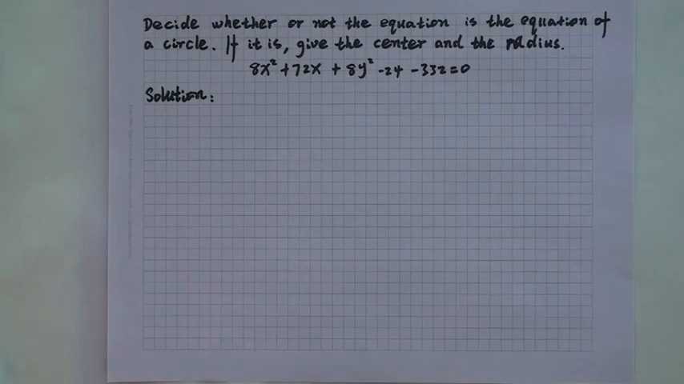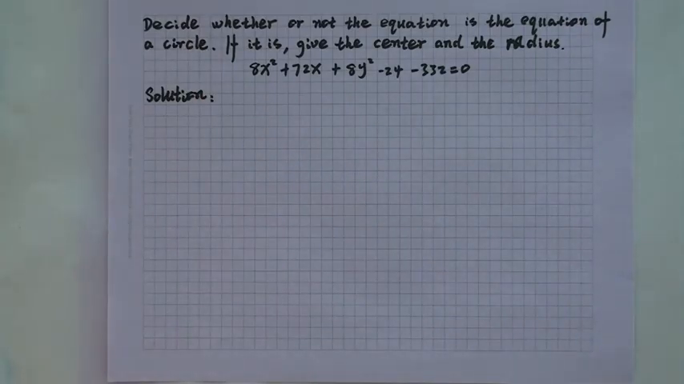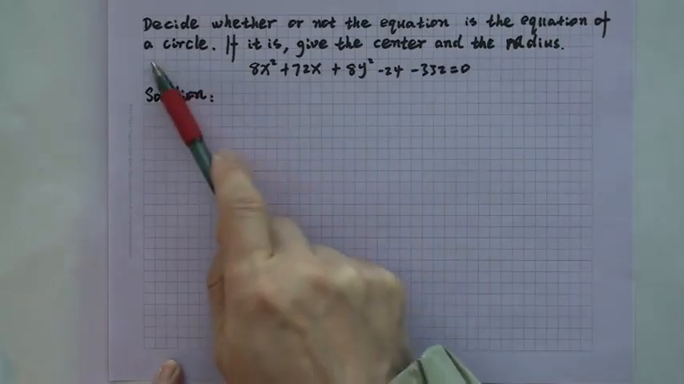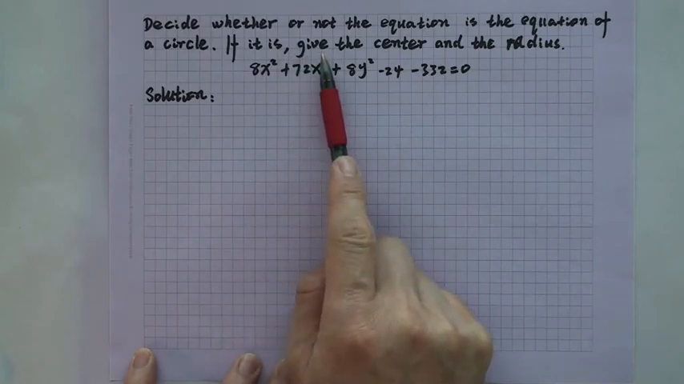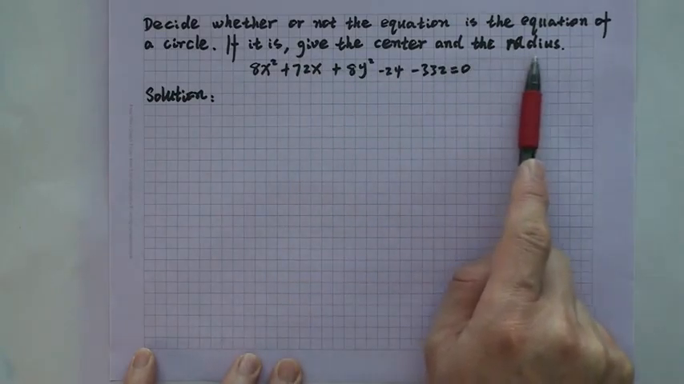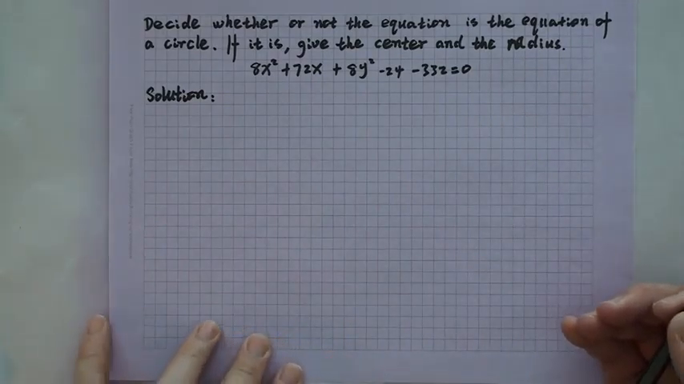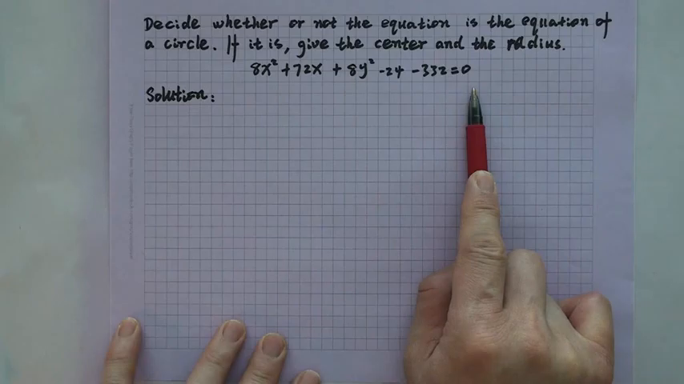In this lecture, we'll do this example to see whether or not the equation given right here is the equation of a circle. If it is, give the center and the radius of the circle. It appears that this equation looks like the equation of a circle